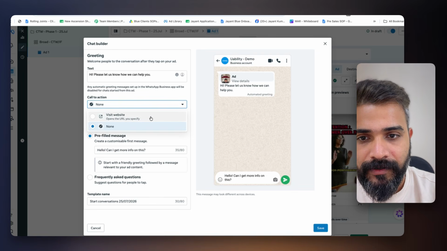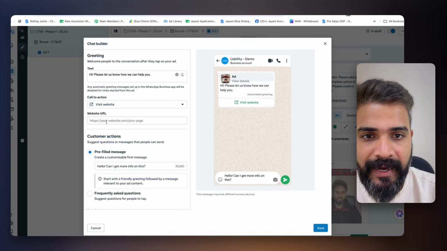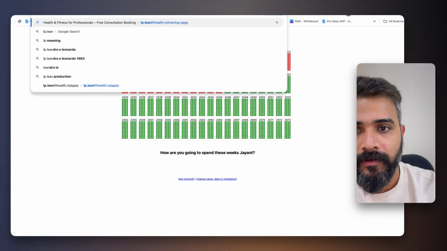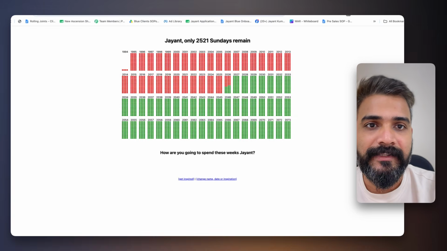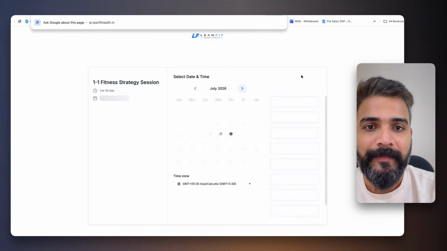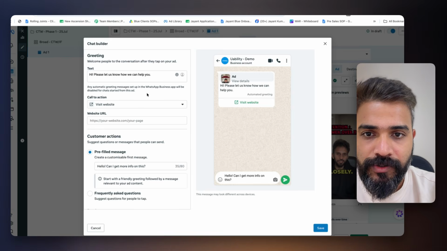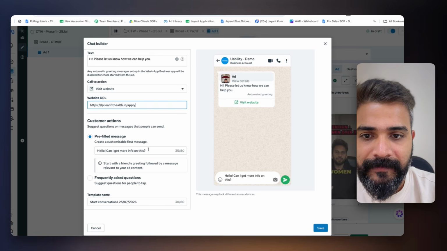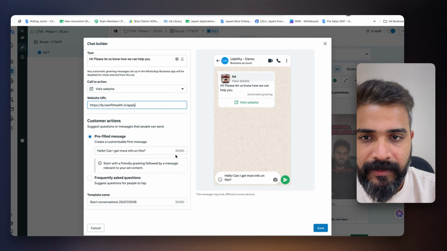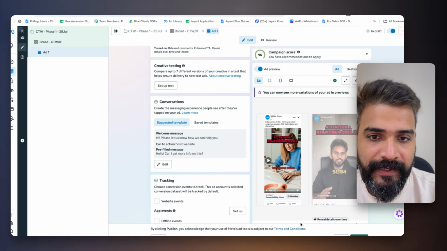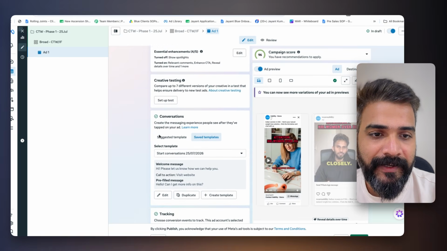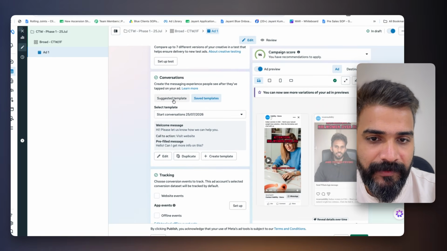Okay. So here we can add a website. So let's say, this is an app of one of my clients, Ram. He's a fitness coach, so I'll put his link. I'm assuming. Okay, pre-filled message is this, and then click on save. Okay, so this is a template that you have saved, and they can have a full-on conversation with you.